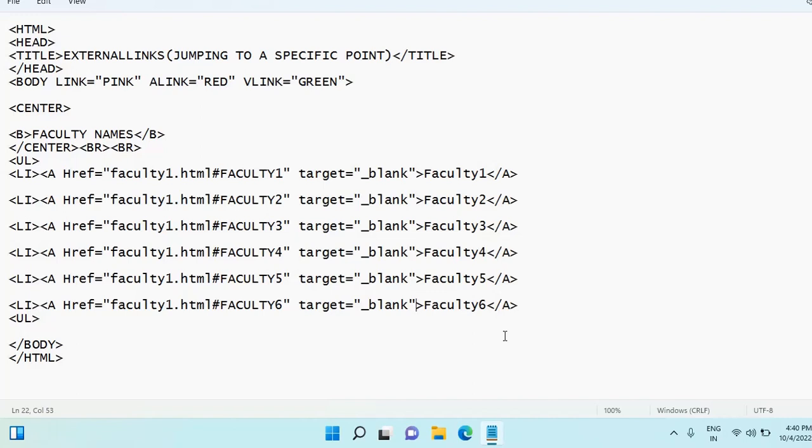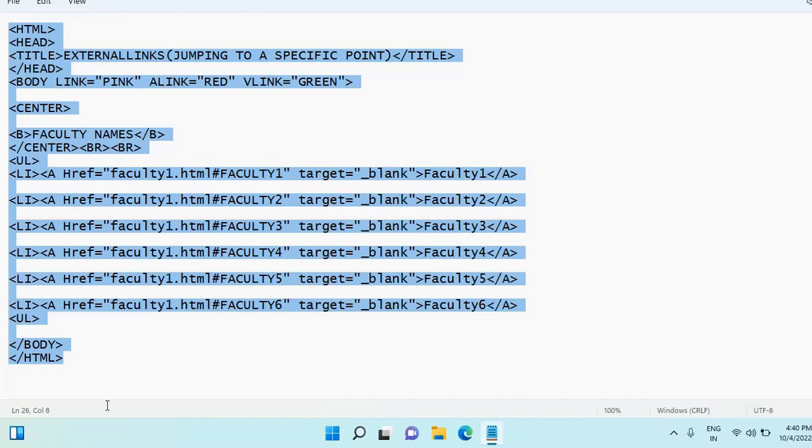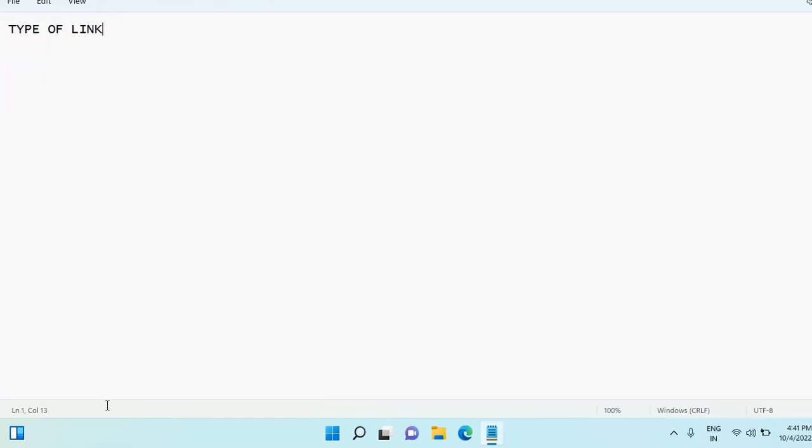So this is all about links that we could discuss. That is all there in the links. First of all, how many types of links do we have? We have 2 types of links, the external and internal links. So what all we have discussed today is the types of links. We have seen basically we have 2 types of links, external links and then internal links, right? Then within the external links also we have 2 categories. The first subcategory is that you open a separate document or a separate page, and the second subcategory is that